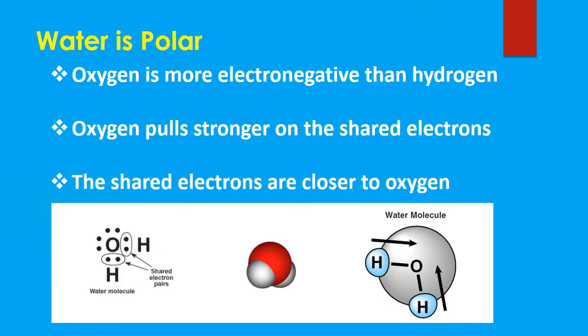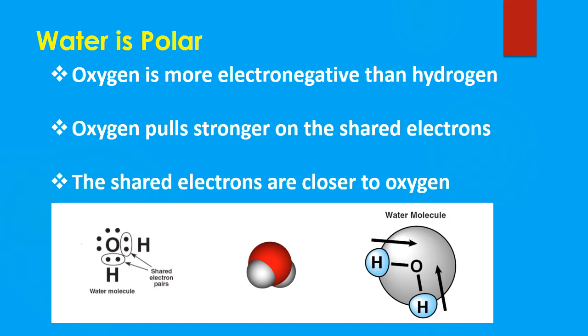So we have water as a polar molecule. What does it mean when we say that it's polar? It means that we have different regions that have different charge. So one end would have a slightly positive charge, and one end would have a slightly negative charge. Why is water polar? Water is polar because oxygen is more electronegative than hydrogen. So we have to remember